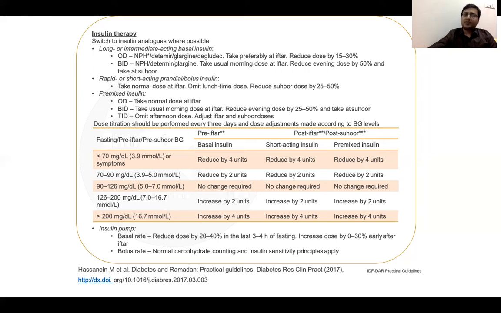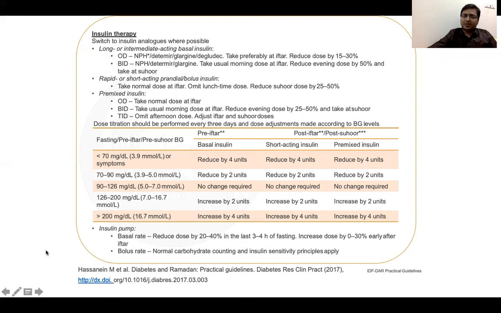BID dose, take the usual morning dose and reduce the evening dose by 25 to 50%. And for thrice daily dose, it is better to omit the afternoon dose. So dose titration should be performed every 3 days and dose adjustment made according to the blood glucose level. This is a chart where you can see the fasting glucose, then PP glucose and the random glucose and how you